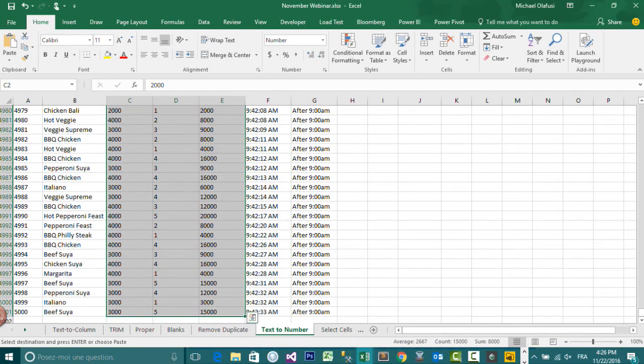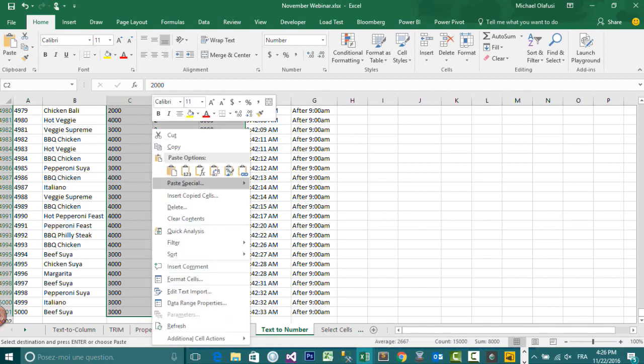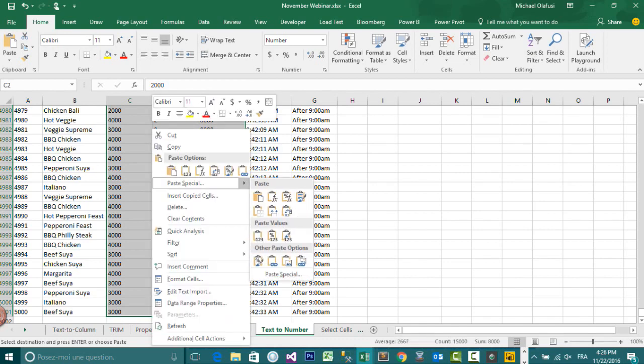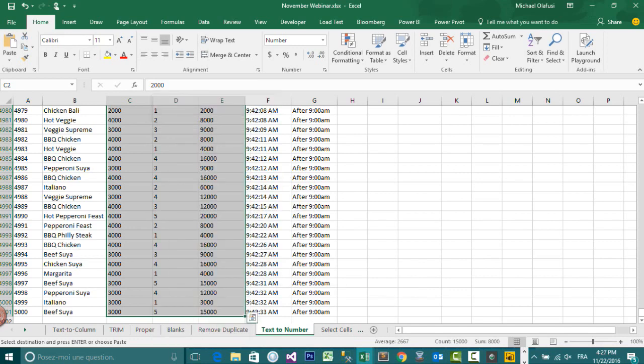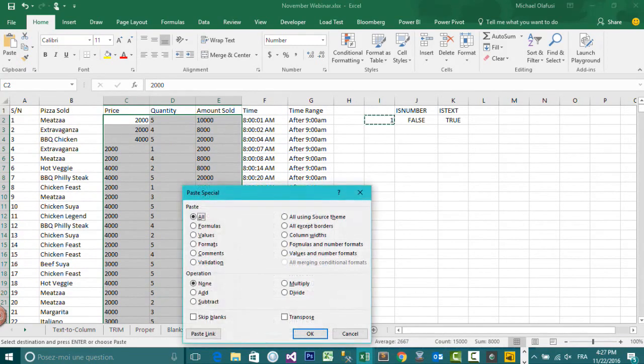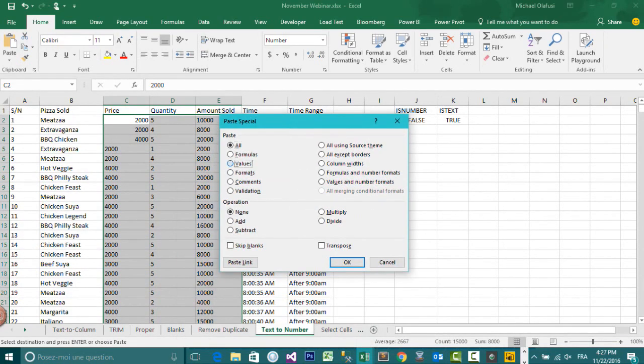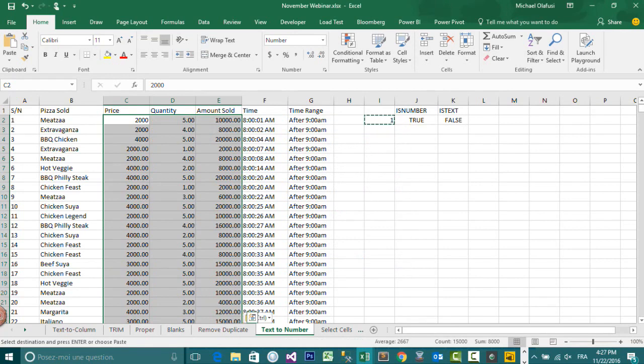Let's leave out the time. I select all of that, I right click, I do paste special. I come here, I select values and I say multiply. So values multiply, and instantly you'll see it's all been converted back to number, and you can see this coming